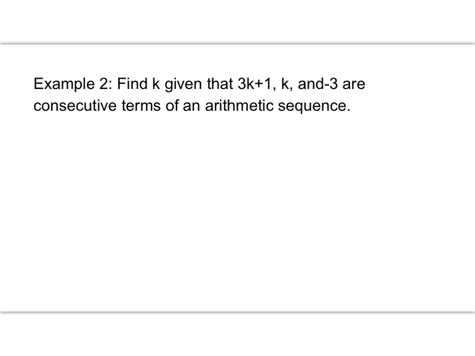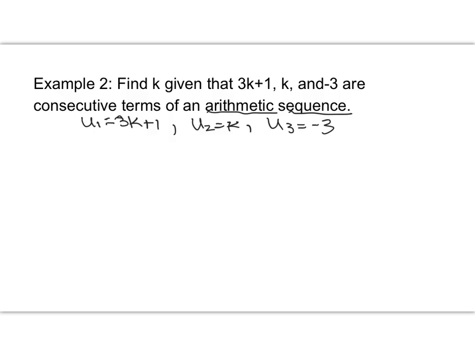All right, so my second example we want to find K. They give us U1. U1 is 3K plus 1. They tell us that U2 is K, and U3 is equal to negative 3. So we have the first three terms. They also tell us that this is an arithmetic sequence. So